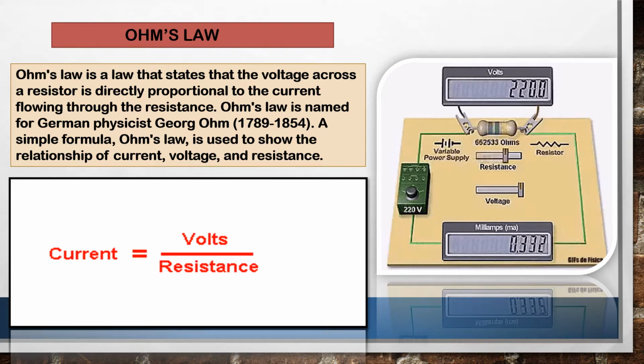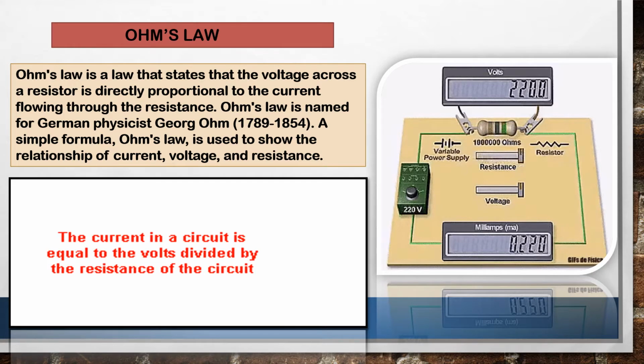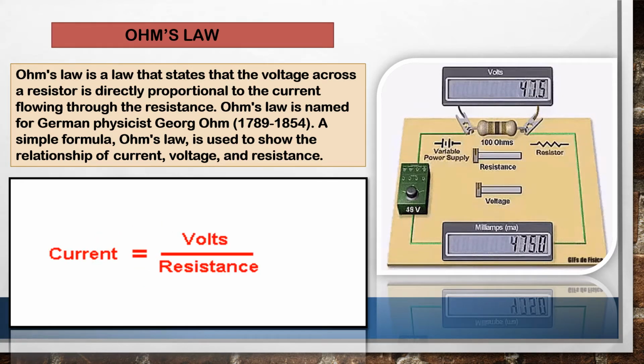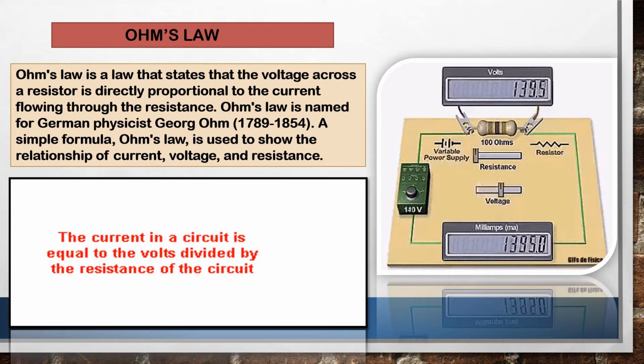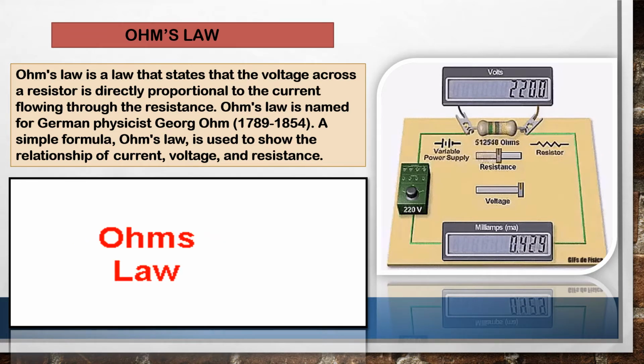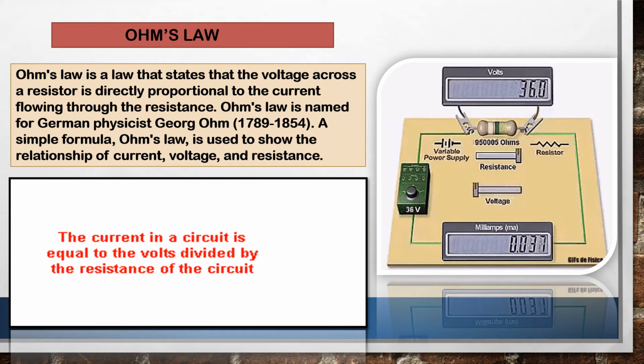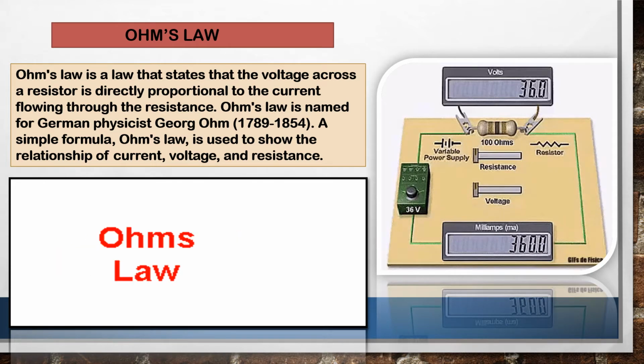Now see this diagram. This is the experiment of Ohm's law. When resistance is increasing, that time voltage is decreasing. Again, when resistance is decreasing, that time voltage is increasing. You can take the reading from here. See, first, see this first one. See, ohms, resistance, and voltage is becoming 36 volt, and this is I. This is the measurement of I or current. That's why we are measuring in milliampere unit.